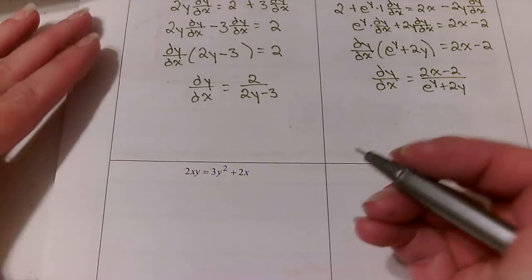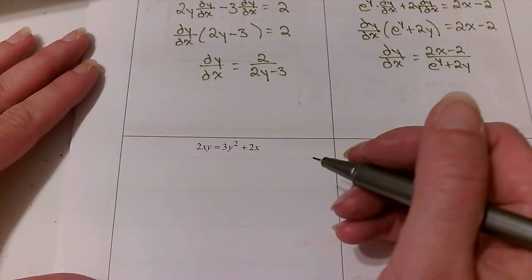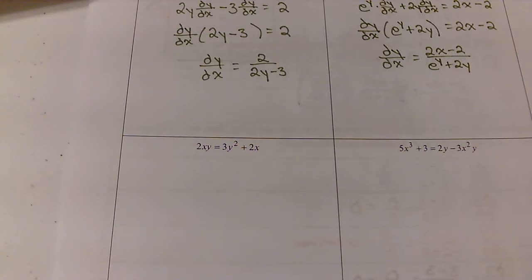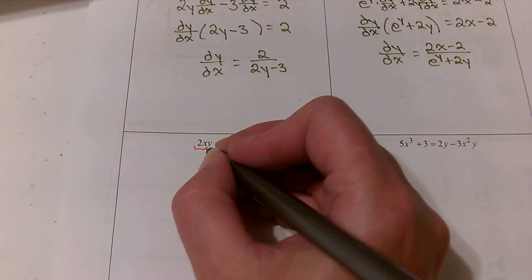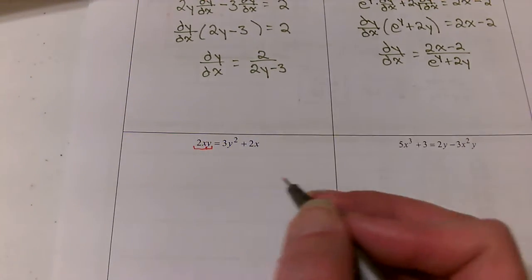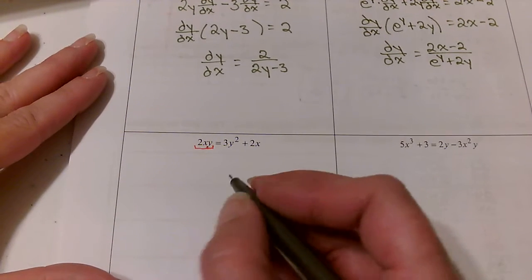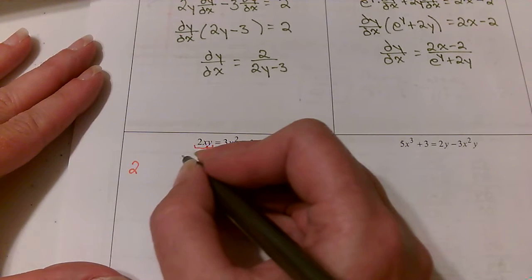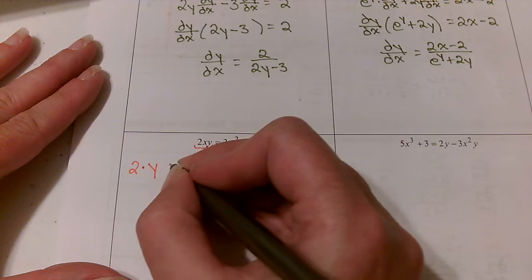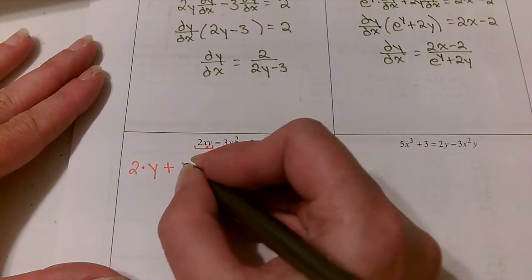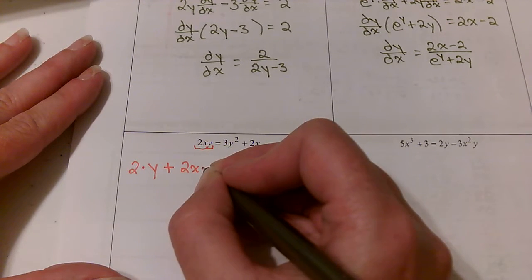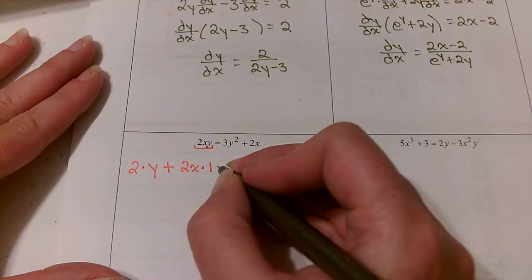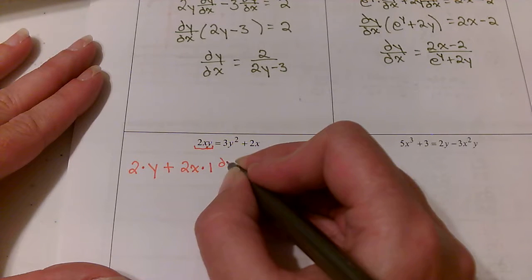Easy peasy. Oh no, 2xy? Gosh, that looks like we have a product. Okay, so we have a product there. So we need to take the derivative of the first, which is a 2, times the second, plus the first, times the derivative of the second. So the derivative of y would just be 1 dy/dx